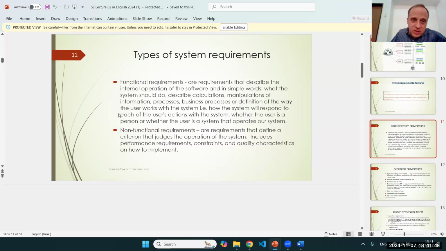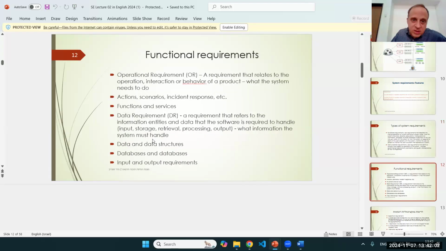Performance requirements are that, I don't know, that it should be done, I guess you just want speed, but that it should be done without errors. That's kind of functional, but speed, let's say. So functional requirements are like what it actually does. Operation requirements are a requirement that relates to the operation, interaction, or behavior of a product, what the system needs to do. Actions, scenarios, incidents, responses, functions, data requirement,